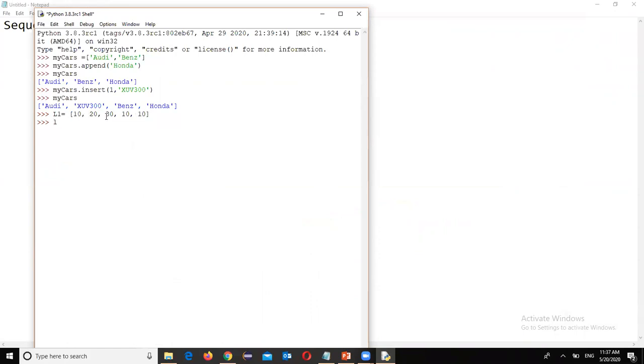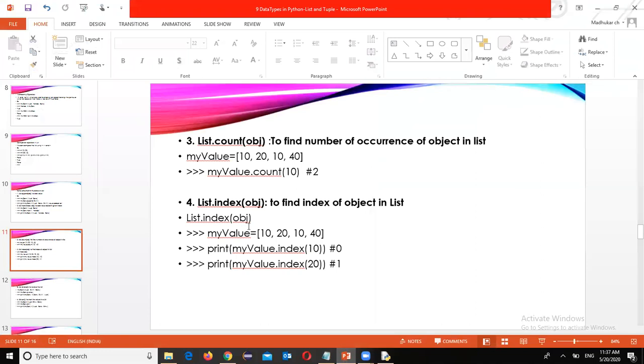Now L1 dot count of 10 I gave. Now how many times does 10 occur in that list? 3 times it is there. That is count. Next one, I want to find the index of 10. L1 dot find 10.